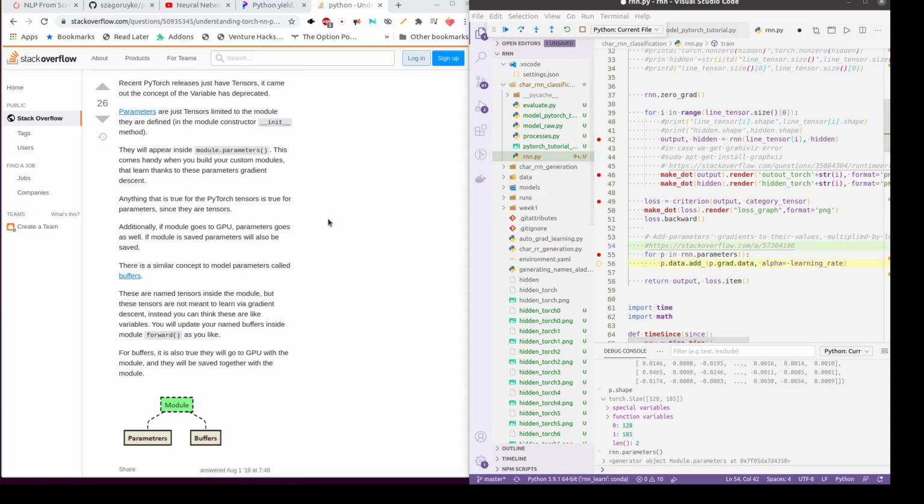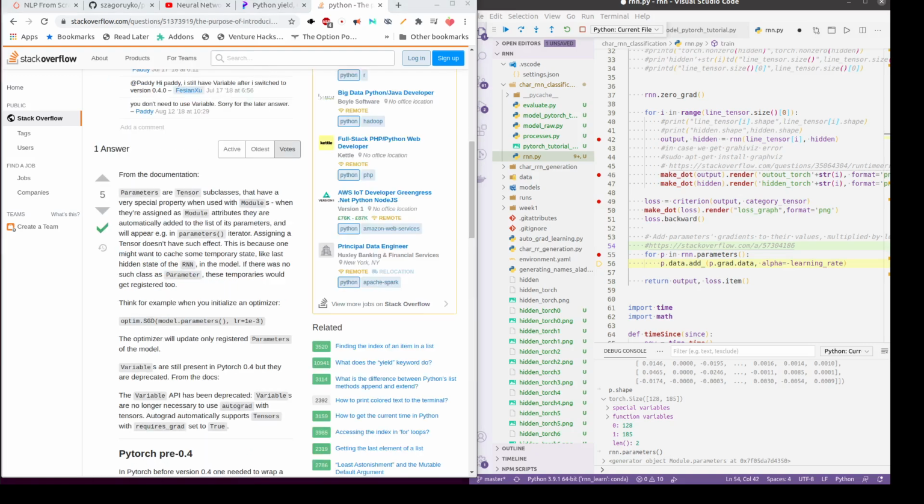Yeah, so as we can see here, RNN parameters are basically tensors. They appear inside model parameters. This comes in handy when we build custom modules, which we have built right now. So anything which is true for Python tensors is true for parameters, they are tensors only. So as we can see here, one of the interesting properties is that